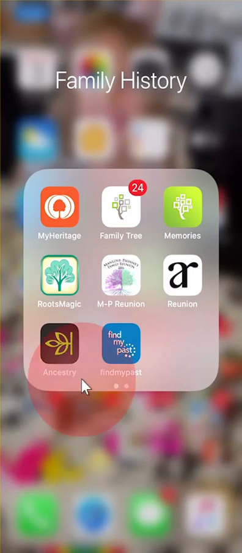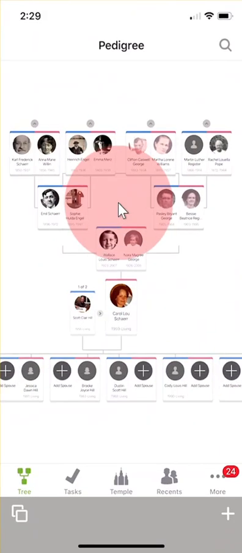What we're going to do is go ahead and go to our mobile app. I'm using an Apple iPhone, so it may be a little different, but you're going to want to find the Family Tree app and click on that. And typically you'll come to this pedigree view. And to find the My Contributions, what you want to do is go down here to the little three dots,